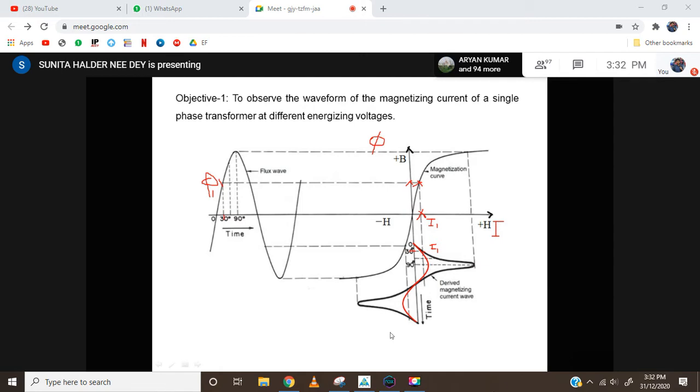So what we can expect for the lower voltage, the magnetization curve will be linear, that means purely sinusoidal. If we apply sinusoidal voltage, then we shall get sinusoidal magnetization current. Now, if we increase the energizing voltage or excitation voltage, then the magnetization current will become gradually peaky in nature, and we can observe the deformation. But there it should have half wave symmetry. The positive half cycle and negative half cycle will be symmetrical. This thing you have already learned in your machine class also.